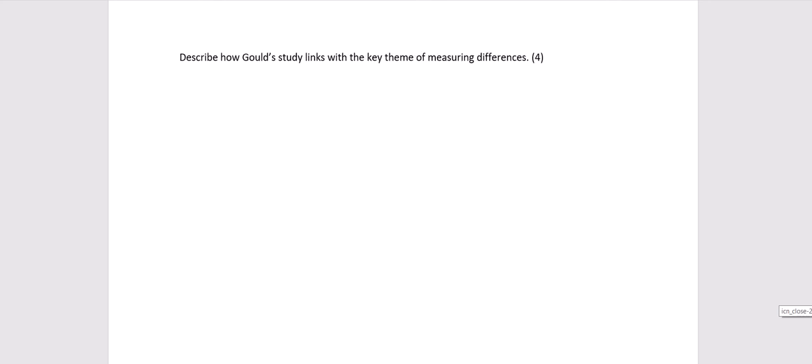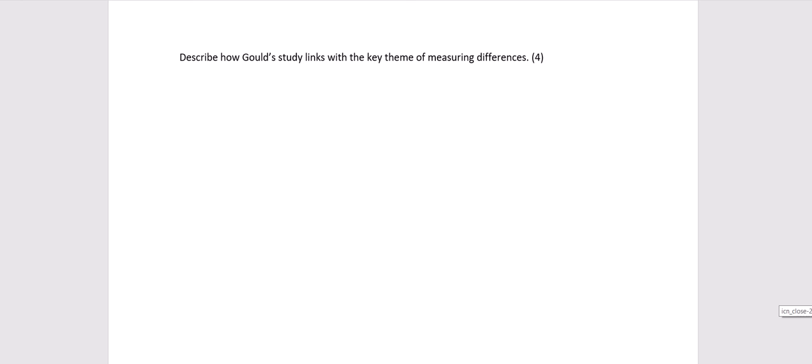And this is the last question that I'm going to practice with you. If you have already practiced this with me in a previous lesson, then you don't need to do this. You can just stop the video here and move on to the next task, which is to have a go at doing some questions of your own. But if you haven't done a model answer with me in class for this, then I would write this model